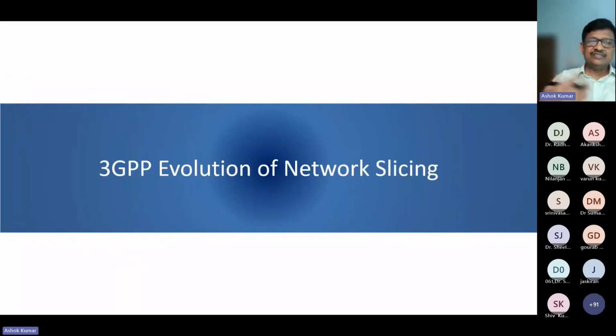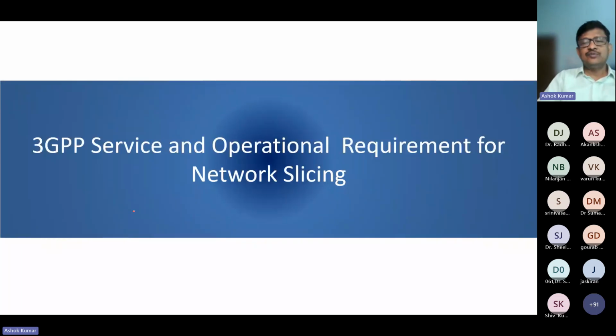Okay, so with this framework defined in the ITU document, now how did it evolve within the 3GPP? Because as we know, 5G standards are being developed by 3GPP. So how did the network slicing concept evolve within the 3GPP? They started with Release 14 itself. As we know, Release 14 was some sort of precursor to the 5G release that happened in Release 15. So in Release 14 itself, they started discussing these aspects.